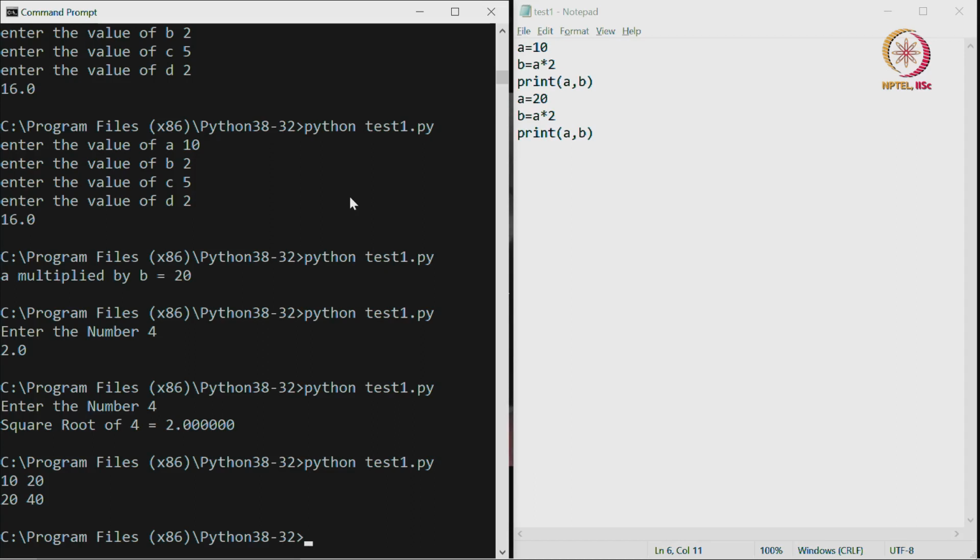This is the way one can repeat, and this kind of repetition is required particularly for the